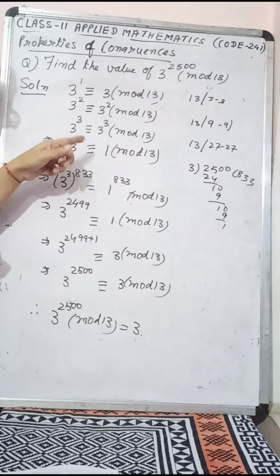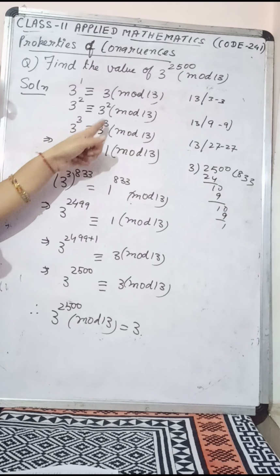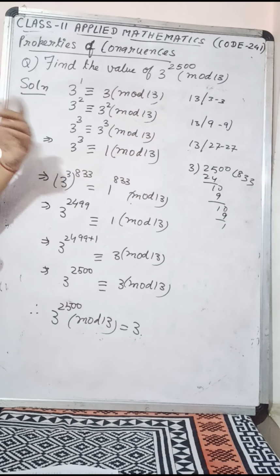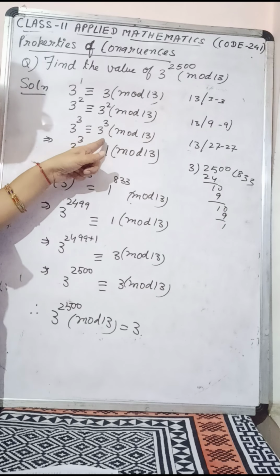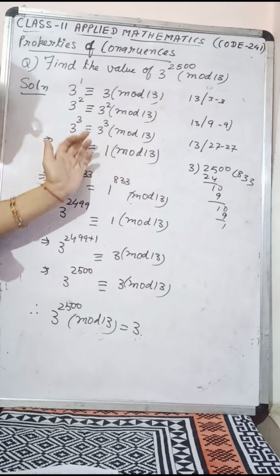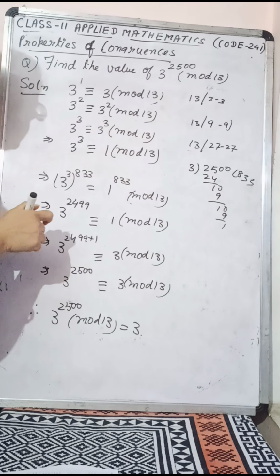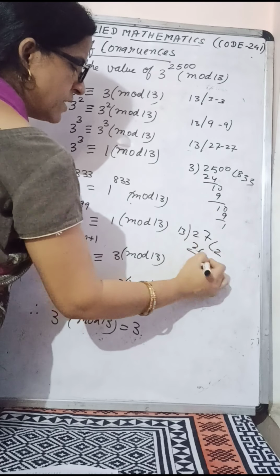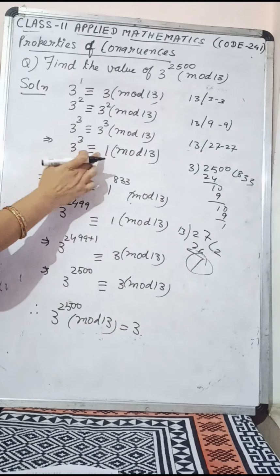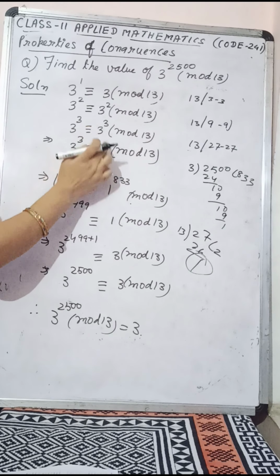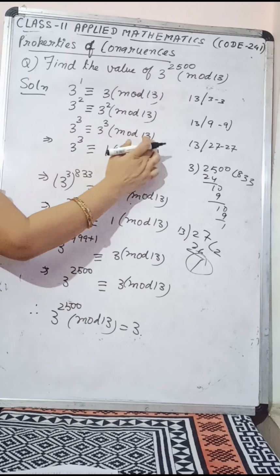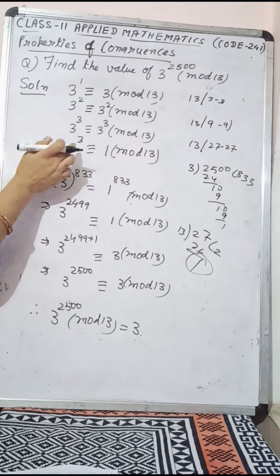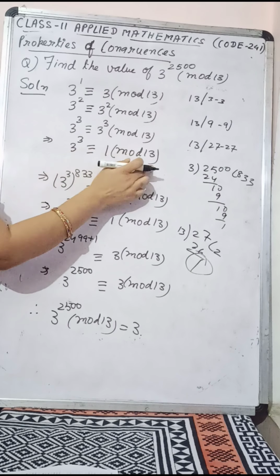Again let us increase one more power. So 3 power 3 is congruent to 3 power 3 modulo 13 because obviously 13 divides 27 minus 27. But over here this 27 is more than 13. So now I can divide this 27 by 13. 13 twos are 26, remainder is 1. So in place of this 27 I can write 1, because when 27 is divided by 13 the remainder is 1. Here we have to write the remainder. So 27, or 3 power 3, is congruent to 1 modulo 13.